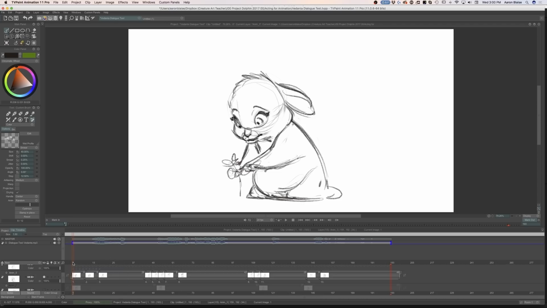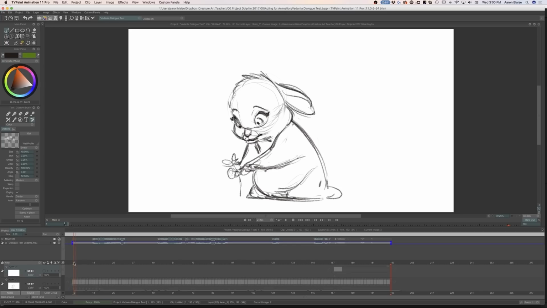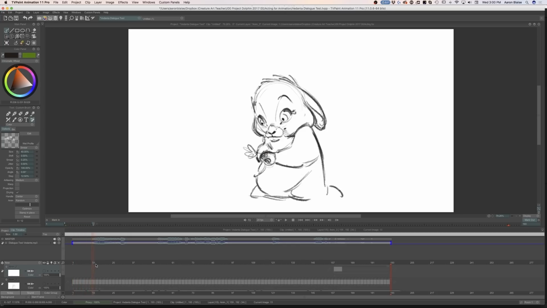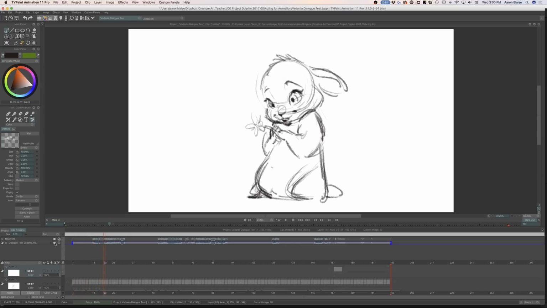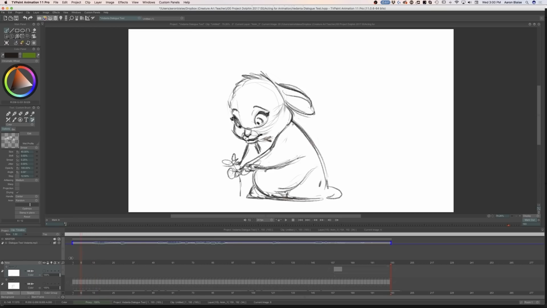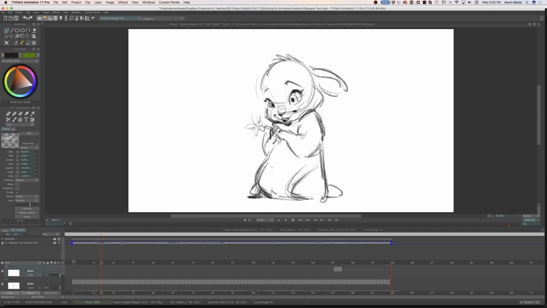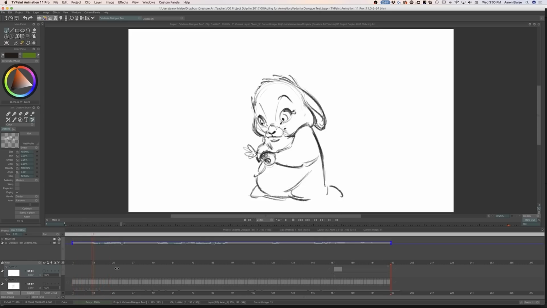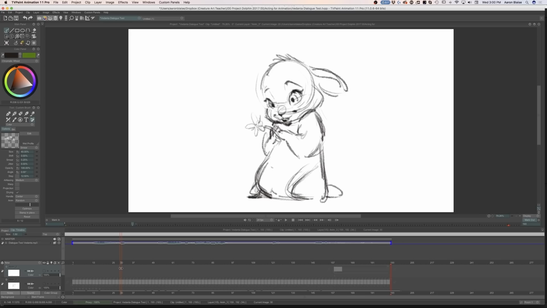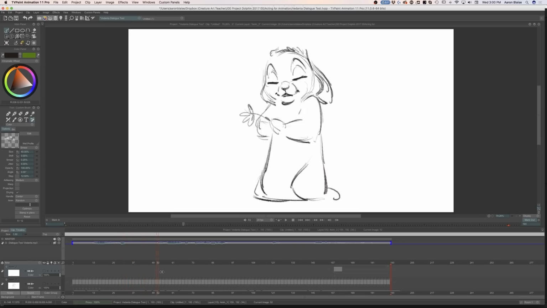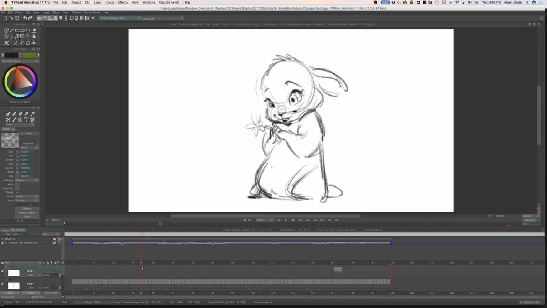So I'm going to just click through first. As the rabbit comes up, I'm going to turn the sound off really quick. She's going to pick the flower, and you can see I move her in an arc. She comes back on her haunches and then sits up straight. So there's something natural there. It's not just straight up into the pose. Then she delivers her dialogue, and then she starts to come up.